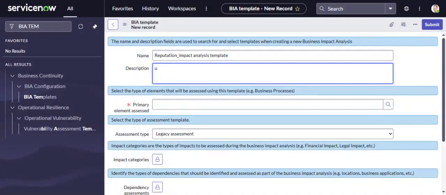I'm mentioning it as: use this template to complete the technology reputational impact on the data centers. So that is the description I have chosen. Now we can select the type.